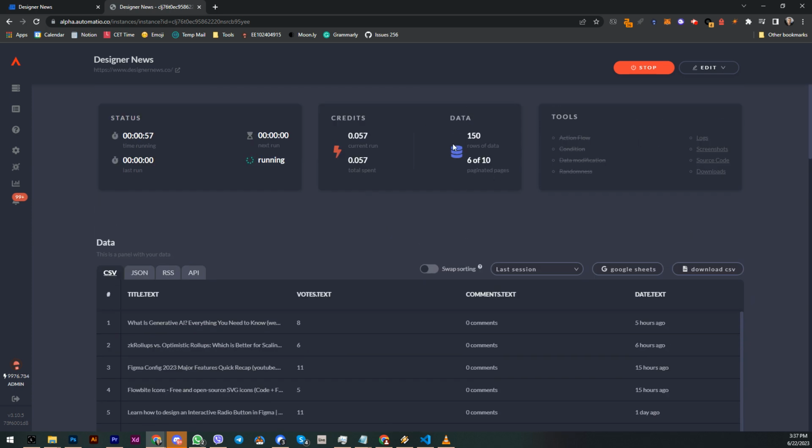And here we have data. Already we have 150 rows of data, 175 rows of data. It cost us 0.067 credits. It's running for 1 minute, and it's going to be done soon. It's page 8,